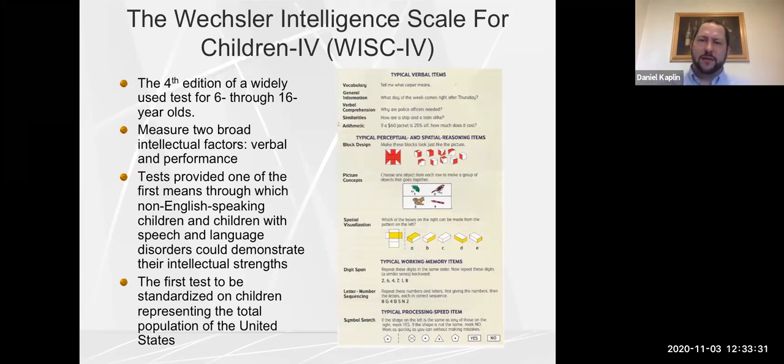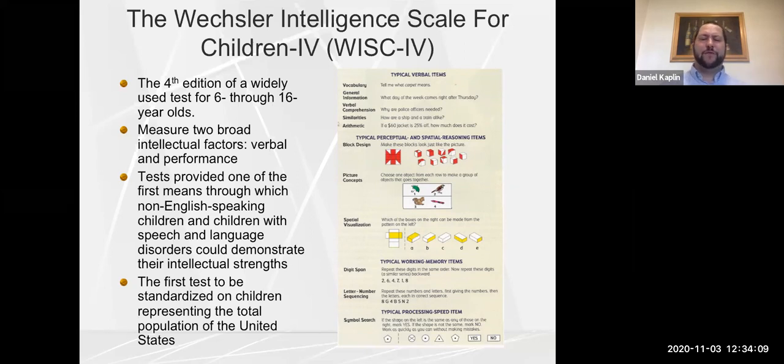But the Wechsler test, one thing that Wechsler did was he said, it's crazy that the Stanford Binet has one test from 2 years old all the way to late adulthood. So he decided to work on 3 separate tests. There is the WISC, which is on this slide, the WIPSI, and the WAIS. The WIPSI is for preschool children, ages 2 to 6. The WISC is for 6 to 16, and the WAIS is for 16 plus.